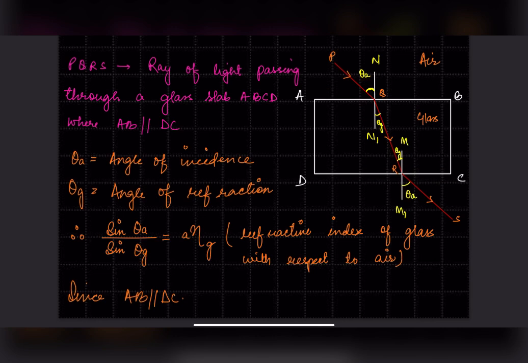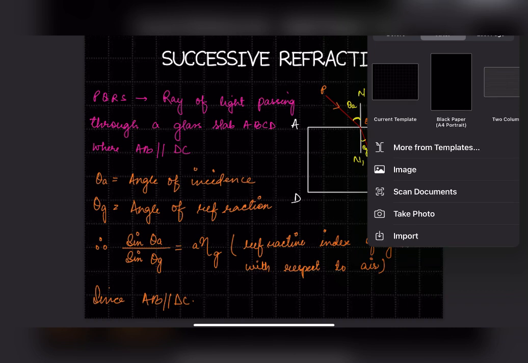Now let us discuss, here we have discussed theta A by theta G. Let's say here, this angle divided by this angle. We have taken theta A divided by theta G, right? Now let us take theta G divided by theta A. Okay, let me take a new page. In the new page let me write down refraction